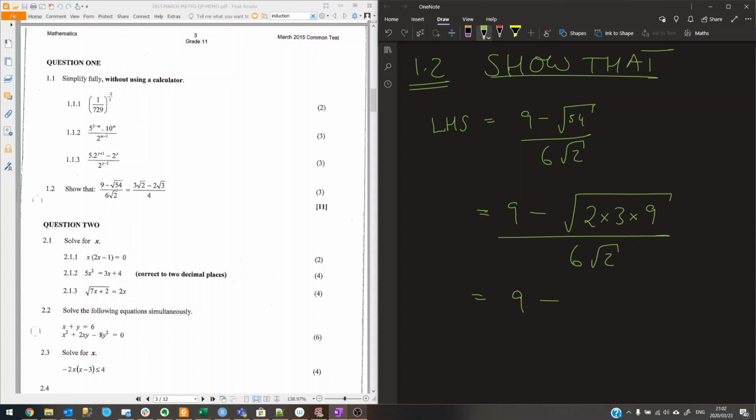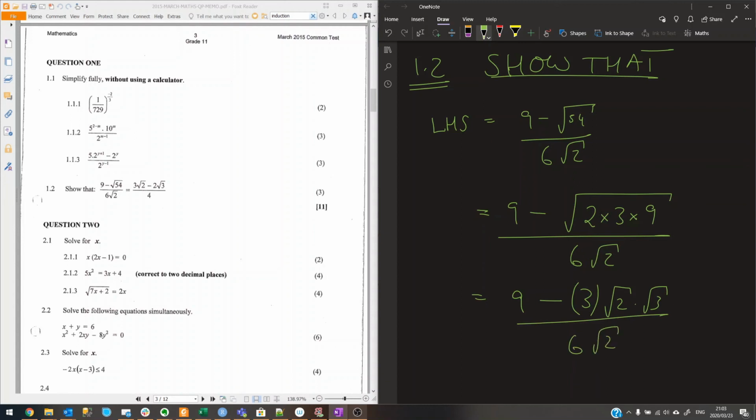Well, then we have 9 minus root of ABC is the same as root of A times root of B times root of C. So root of 2 is root 2. Root of 3 is root 3. Root of 9 is actually an integer, it's 3. So we can write that as 3 times root of 2 times root of 3, the whole divided by 6